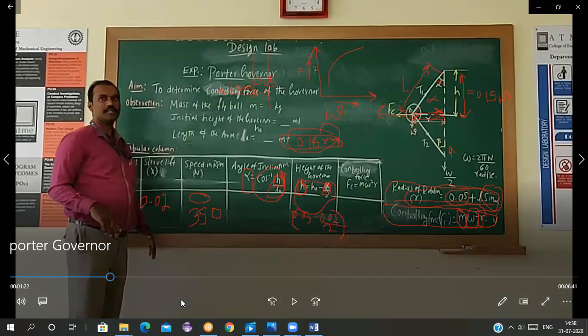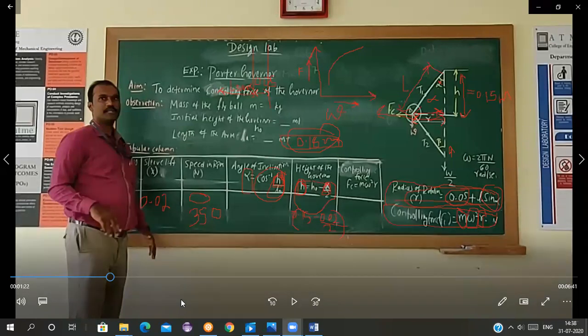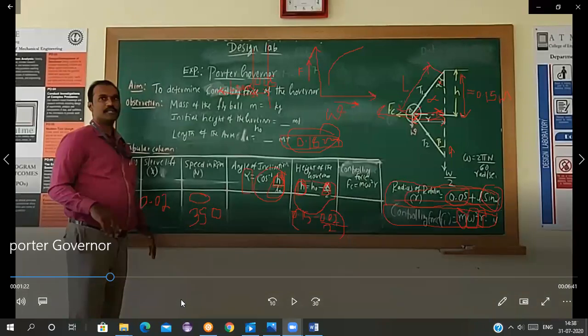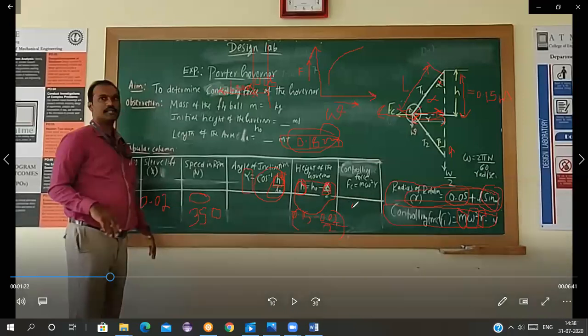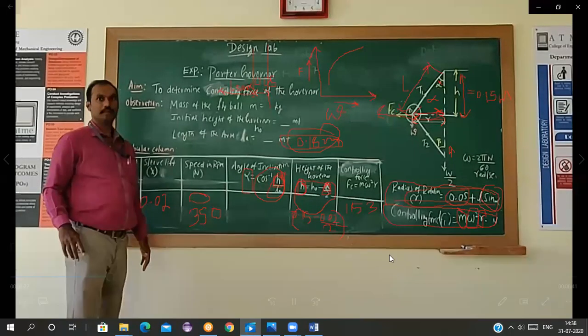Okay, let it be. As most students are getting around 153, very good. So we will take that value and substitute it here as the value of centrifugal force in newtons, which is around 153. See what you have to do. You have to again take the reading when the speed is increasing, and you have to substitute it here.